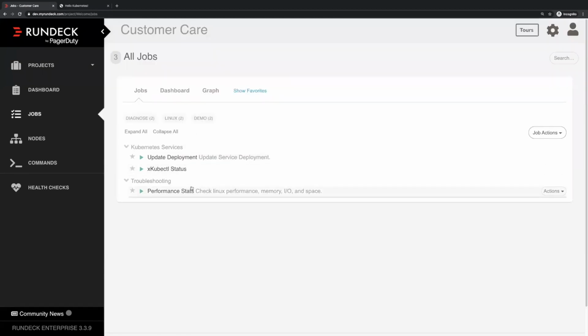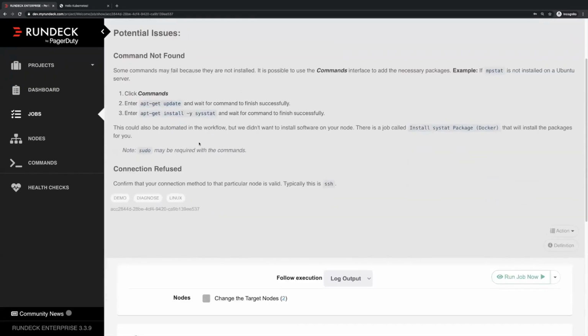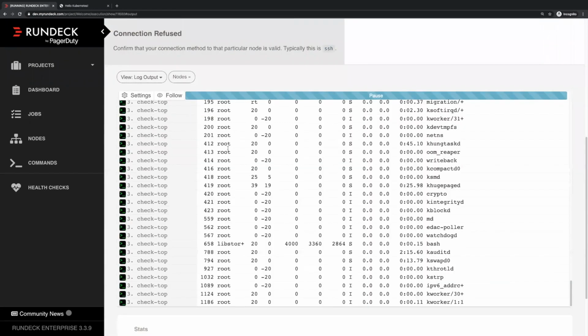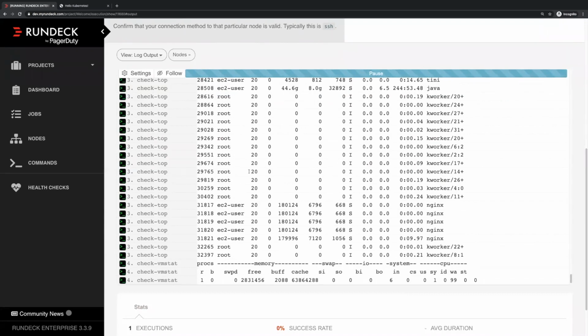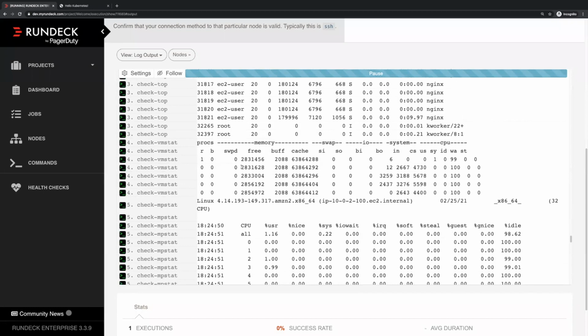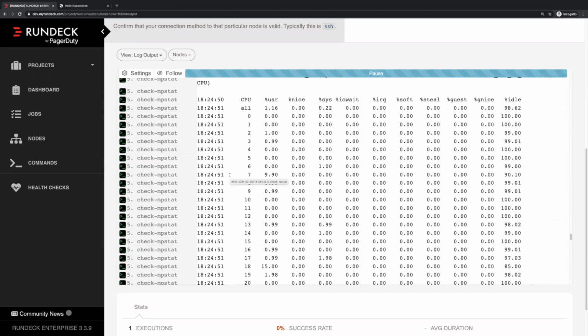If there were more information I needed to grab, I've also given my SRE the ability to run troubleshooting performance stats. Again, complete documentation on what this means to them so they're not without an understanding of what they're doing. And again, I can now allow them to run this type of command that actually puts out performance stats. So I can now go check and see the health of what I've actually put out as the customer care agent. And I'm putting out the various commands from top to vmstat, all the things that I need. Again, one of those trivial, repetitive tasks that you don't need to reach out to your SRE team to get,